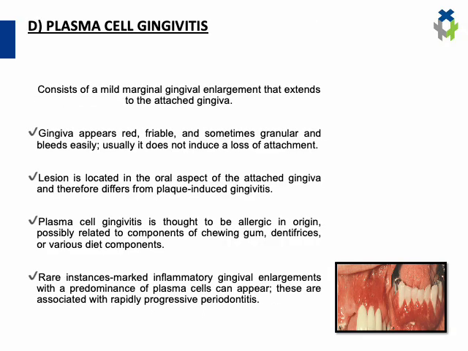Next one is plasma cell gingivitis. It consists of mild marginal gingival enlargement that extends to the attached gingiva. Gingiva appears red, friable, sometimes granular, and bleeds easily. Usually, it does not induce loss of attachment. In rare instances, marked inflammatory gingival enlargement with a predominance of plasma cells can appear. These are associated with rapidly progressive periodontitis. Plasma cell gingivitis is thought to be allergic in origin, possibly related to components of chewing gum, dentifrices, or various